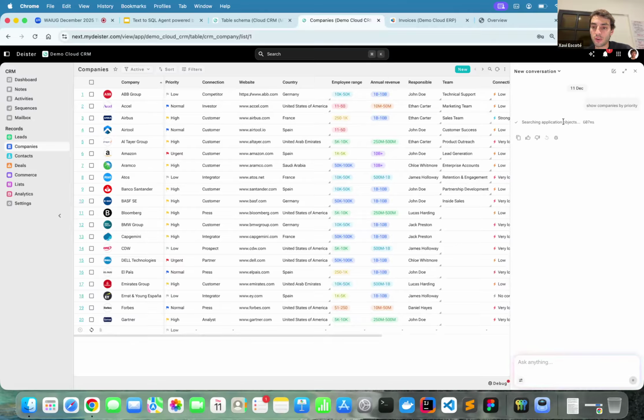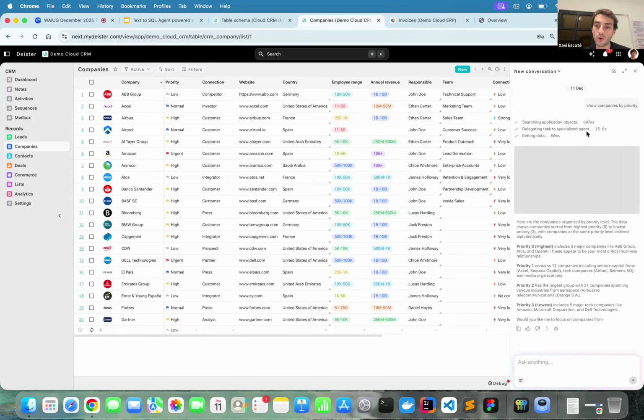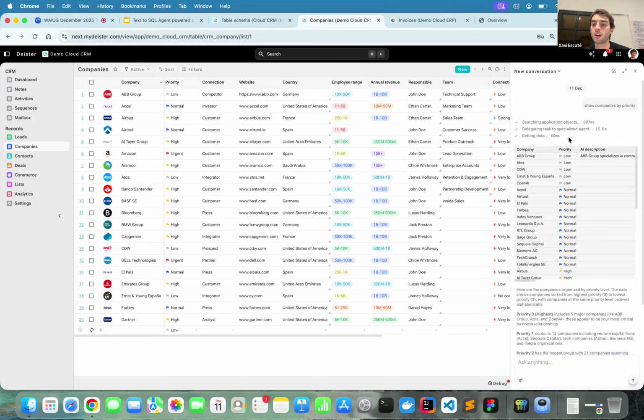the agent first searches for application objects that may contain some relevant information to answer the user query. Then, as you can see, it has delegated this task to the specialized text-to-SQL agent. And inside this process, it has listed the tables, retrieved the table schema for these tables, and once it has the table schema, it designs the query, and we can then execute and